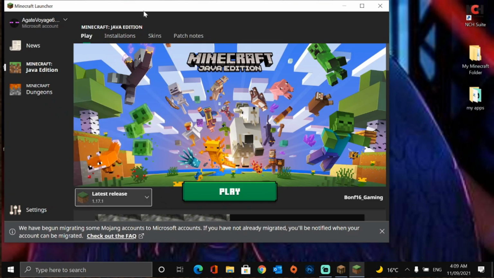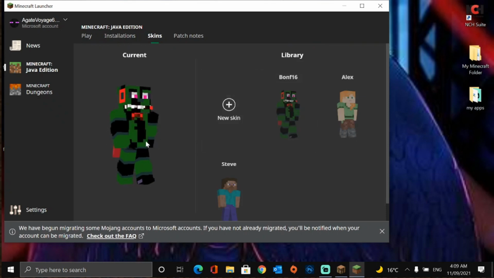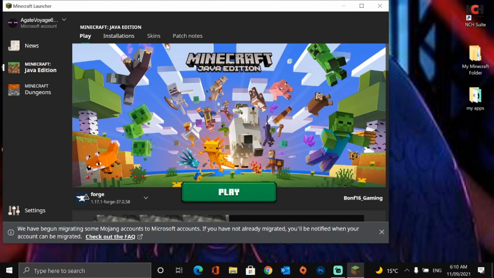Now, if you go into your skins here, you can't see your custom cape. Do not worry about that. Remember, this is a mod. This is not a direct physical copy of the cape. There is no way to actually get the Minecraft capes anymore without hacking. Okay, so now that we have everything installed and I've got everything done,